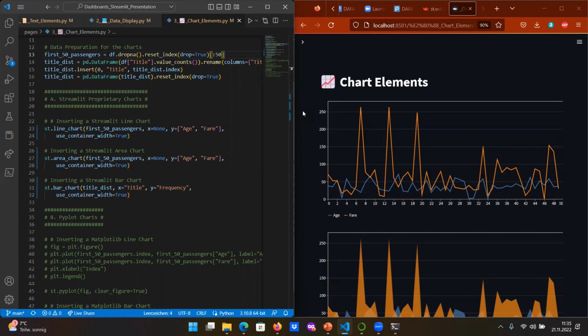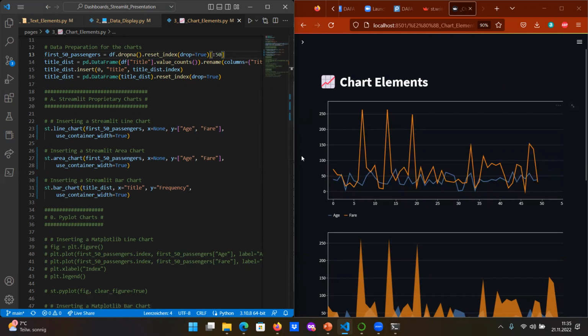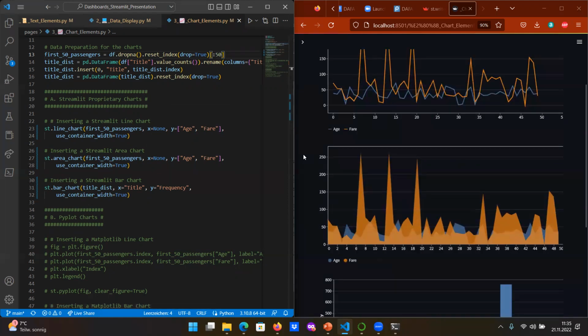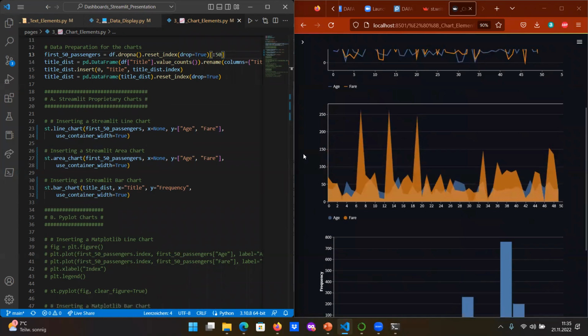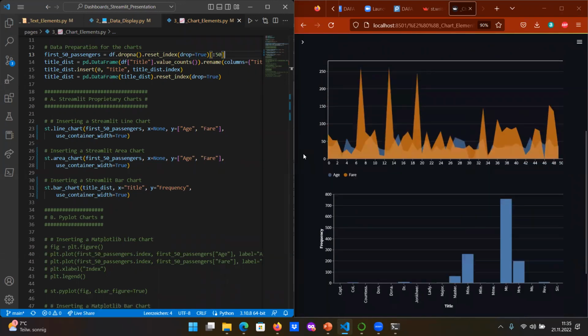They take the respective data frame as the first argument. The second argument is the column which should be shown on the x-axis. The third argument is the column or other columns that should be shown on the y-axis. And here we also have this use_container_width=True function argument. This way we can create these three types of charts, but to be a bit more flexible,